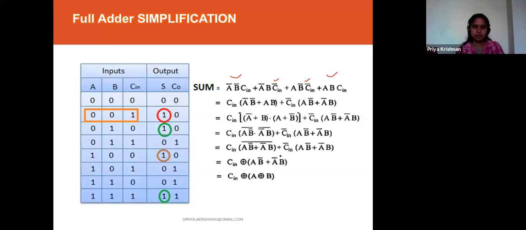And if you simplify this, you will finally get Cin XOR of A XOR of B. For these two, you need one XOR gate, and for this combination, you need one more XOR gate. So totally, you need two XOR gates to implement the sum.